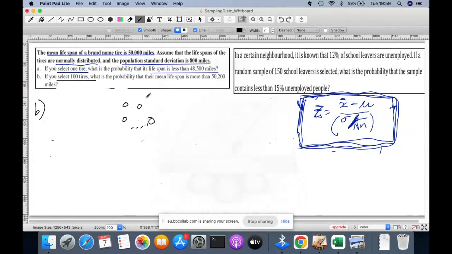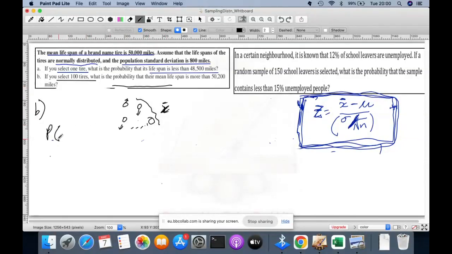So you took 100 of them, and then you want to know if you had to work out the average lifespan. So this one could be 40,500 miles. This one could be 48,000 miles. This one could be 52,000 miles. We don't know. But what we know is we want to know if we had to get the average. So we average all these 100 tires, we would get the symbol X bar because that's the average of the sample. And what we want to know is what is the probability